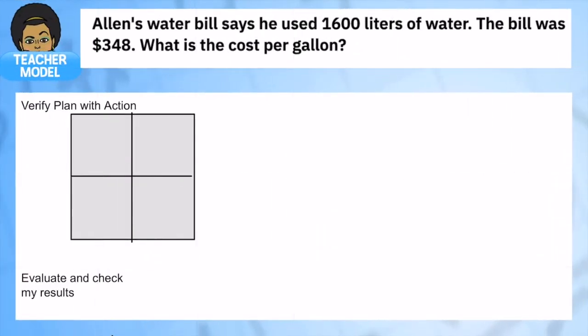All right, I'm going to give myself a little bit of space and room, and we're going to start with the first method, just using math. And we're going to start with liters. We're going to convert liters to gallons to start off, and we know that 1 gallon is equal to 3.785 liters, and we want to know, let's see, we have 1600 liters. You want to know how many gallons this is, so we can cross multiply,